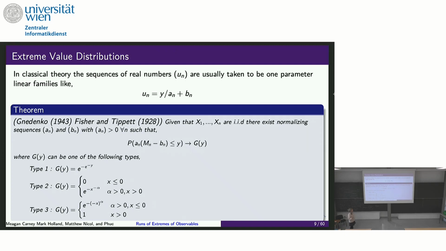And so in statistics, this looks a lot like normalizing our maxima in some way. So we get out a distribution that's familiar. And this is one of three types of distributions. The first called the Gumbel distribution, the second the Frechet, and the third the Weibull distribution. And thanks to Gnedenko, we can put all of these together into a single distribution, which we call the generalized extreme value distribution. And this has three parameters: a location, a scale, and a shape.